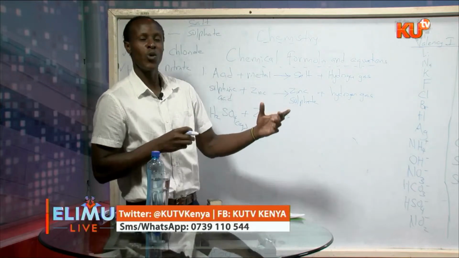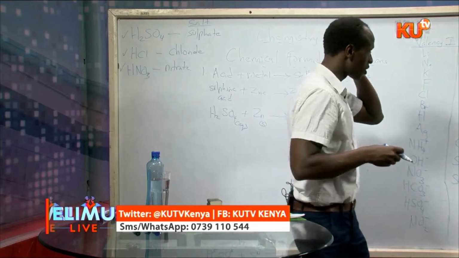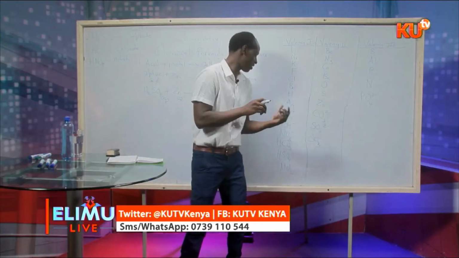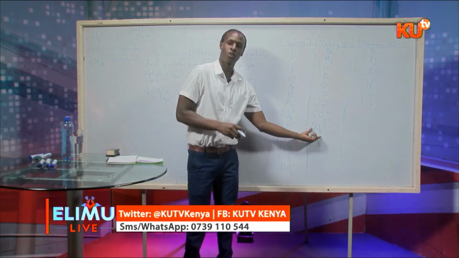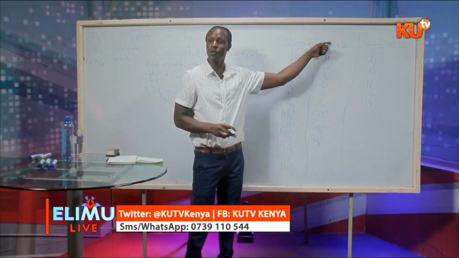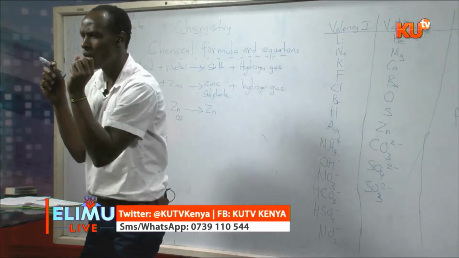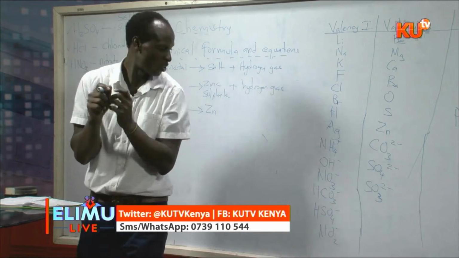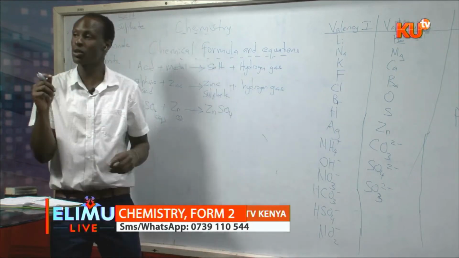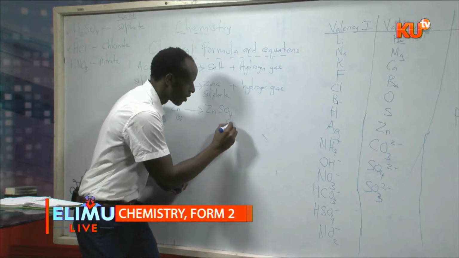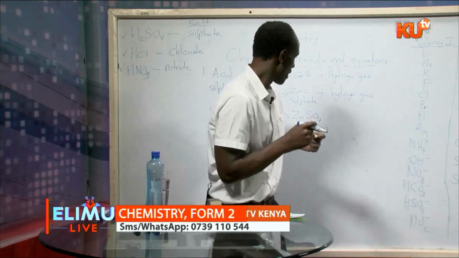Now here, we need to use our valencies. Zinc, Zn, and sulfate, SO4, both have a valency of 2. If both have a valency of 2, the ratio simplifies to 1:1. So it means we only have 1 zinc and 1 sulfate. Because it's a salt in aqueous solution, we write aq. So plus